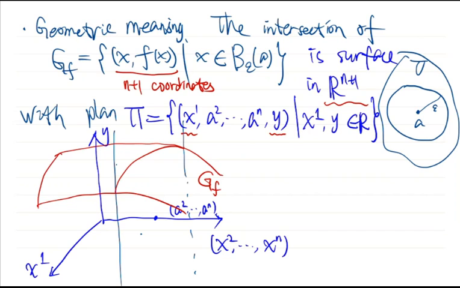This part is the intersection, which is a curve in R^(n+1). So the tangent at the point corresponding here, this point is A, and here is A1. The tangent of the intersection, this curve at this point,